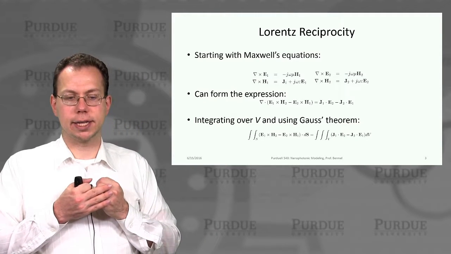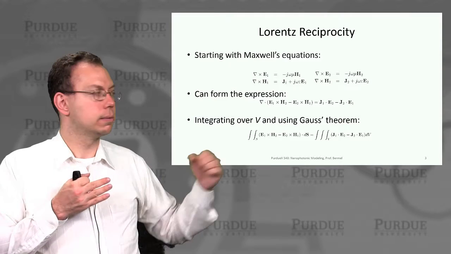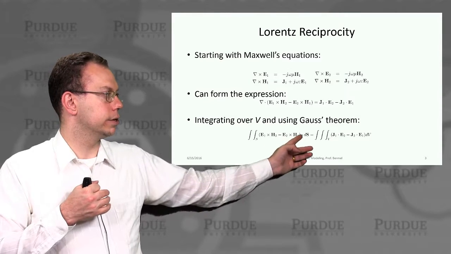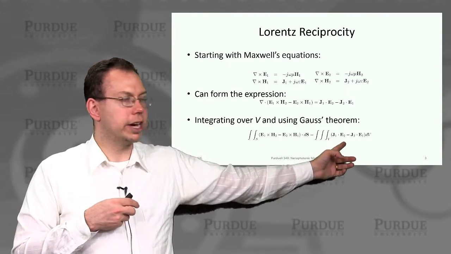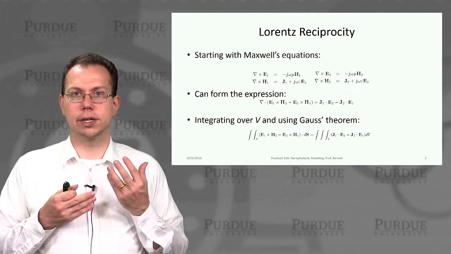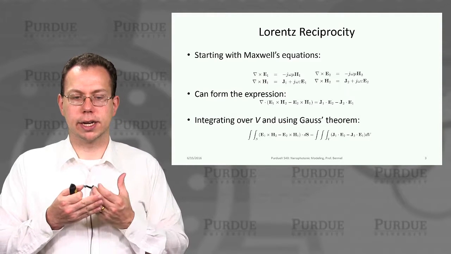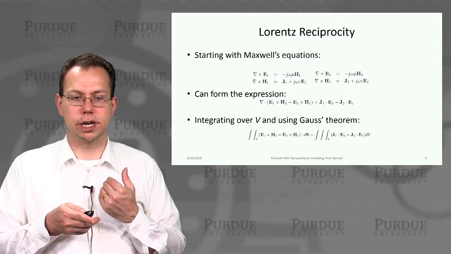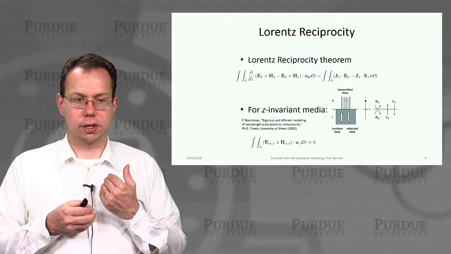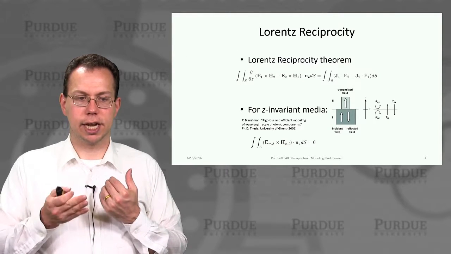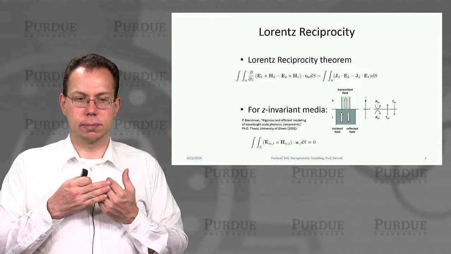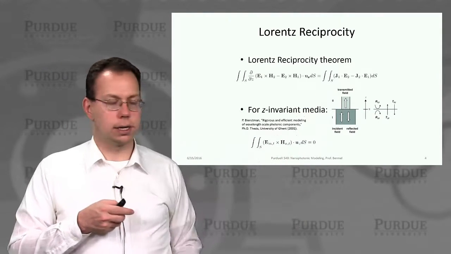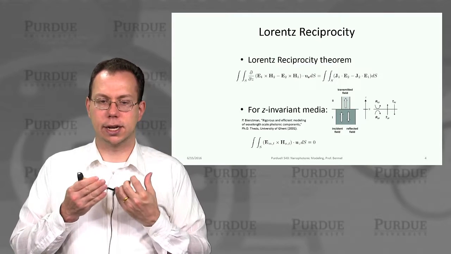The significance of that is that we can put that into an integral over volume, and then use Gauss's theorem to convert this into a surface integral. And we can evaluate this, which corresponds physically to power dissipation in that volume of the Gaussian pillbox, as it's often called, the thing that I showed you earlier. The Lorentz reciprocity theorem just says that this surface integral has to be equal to the integral of these differences of J's dotted into E's.